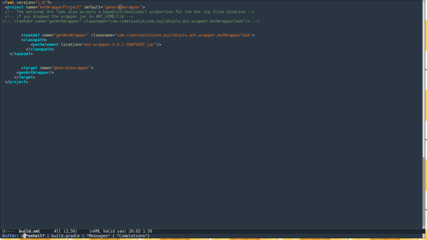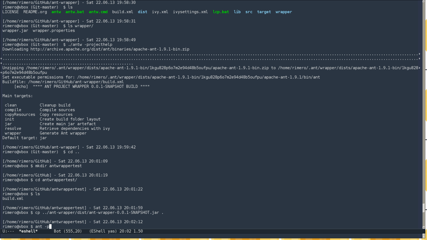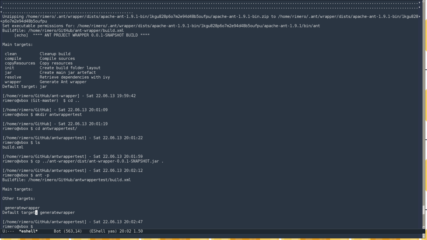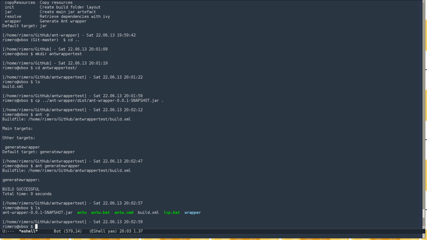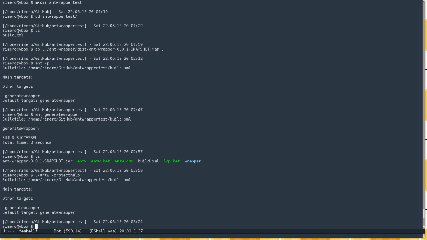So let's go back to the shell and let's list the available targets. Let's generate a wrapper inside our brand new Apache Ant project. So we have a couple of supporting files at the root of this project: nw, nw.bat, nw.command, the Windows class path support file, and the wrapper supporting files. So let's see if we can run, let's say, project help here using the wrapper. And it looks like